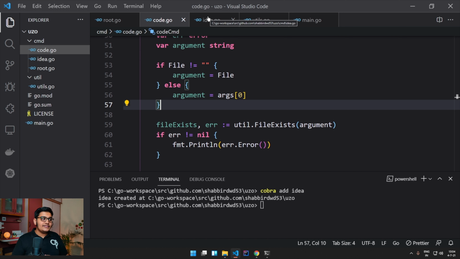There are a lot more things that we can do using the Cobra library. I will add all the links in the description below for the documentation. You can go through the documentation and you can create a more usable CLI application. I will add this particular code also in the description below for the GitHub. I would like you to go through this particular code, and if you want to enhance this particular application, go and enhance it. We can work together and enhance this application. So it's just a little bit of automation to remove a couple of clicks over here.